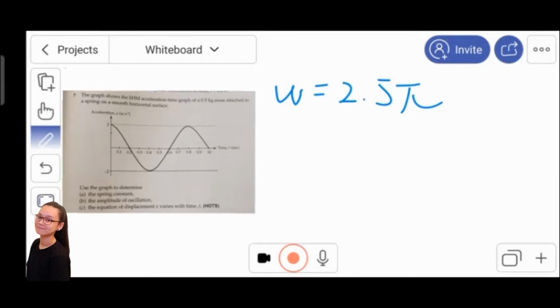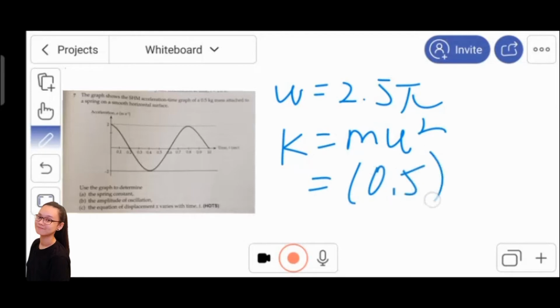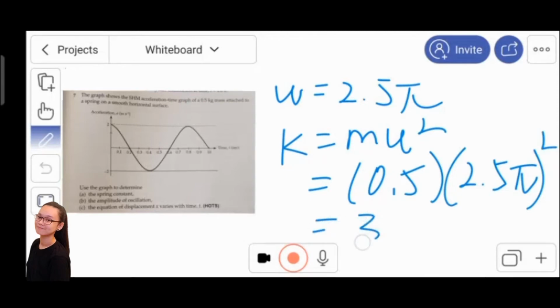Since we get the omega is 2.5 pi, we can calculate the spring constant, because the formula of spring constant is equal to m omega square. So it's 0.5 times 2.5 pi square. So we get the spring constant as